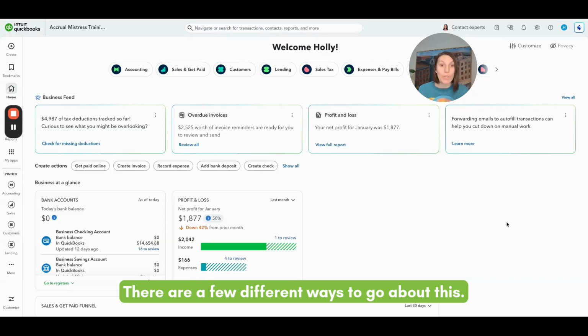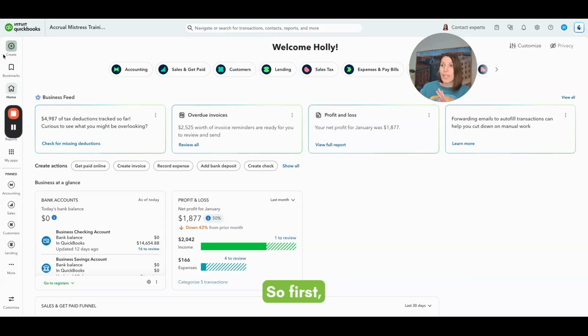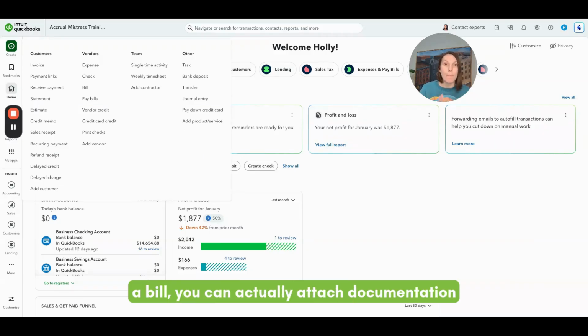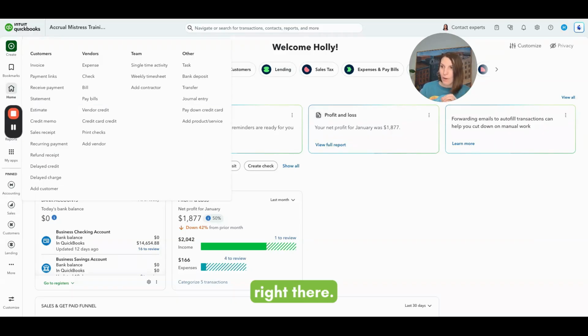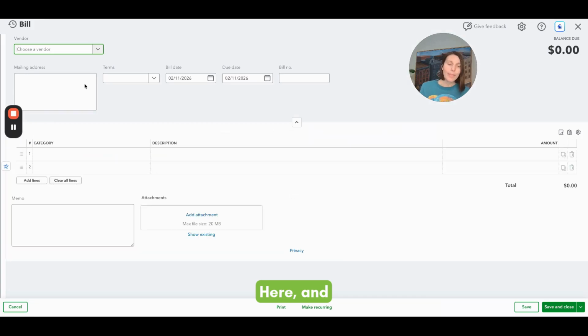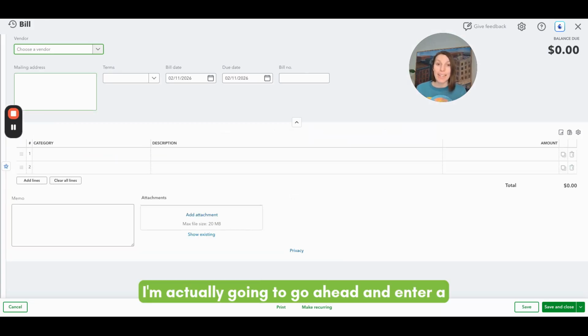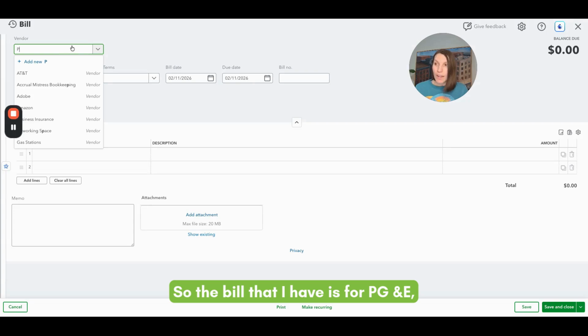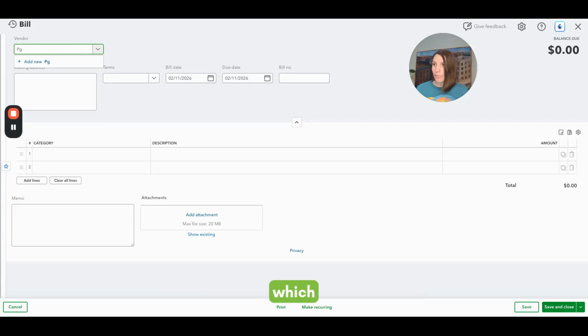There are a few different ways to go about this. So first, in any type of transaction that you're creating, an invoice, a sales receipt, a bill, you can actually attach documentation right there. So I'm going to go to New Bill here. And I'm actually going to go ahead and enter a bill into QuickBooks so that we can work through this example. So the bill that I have is for PG&E,